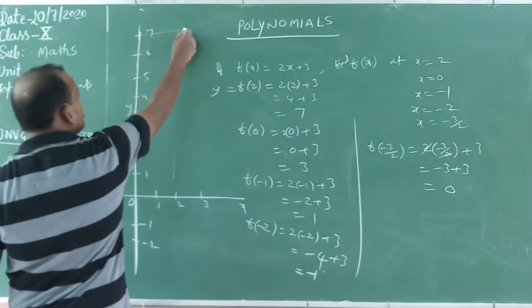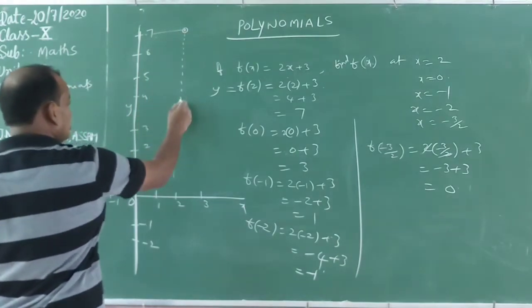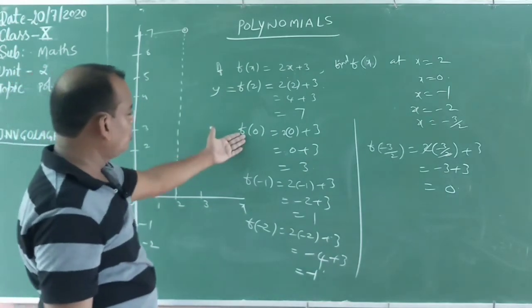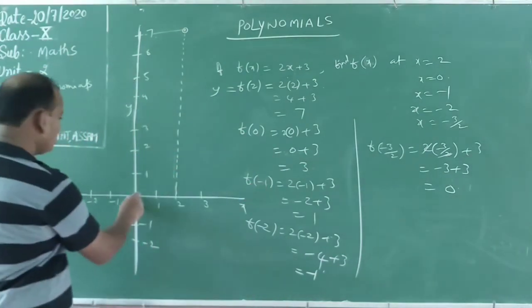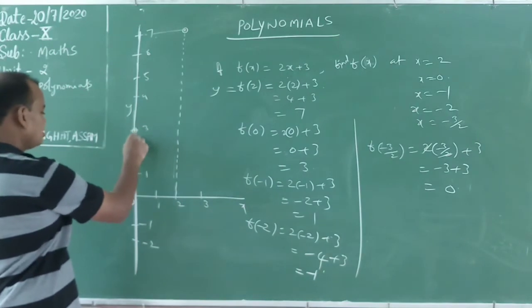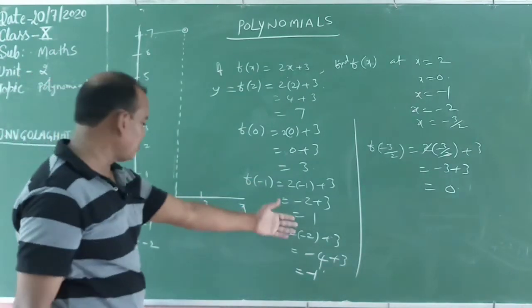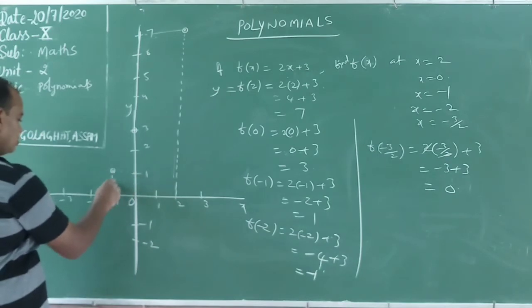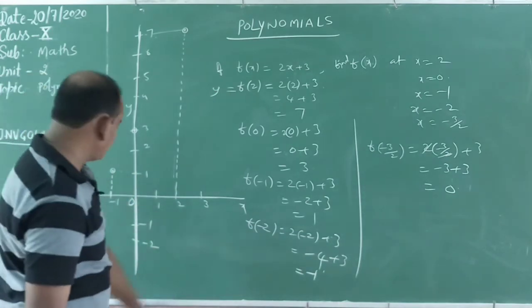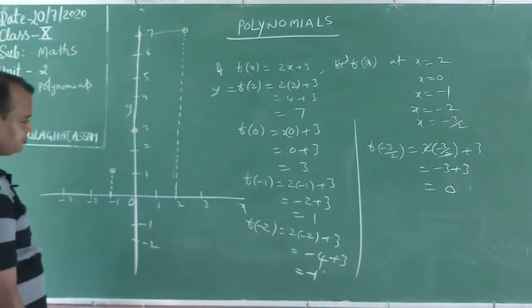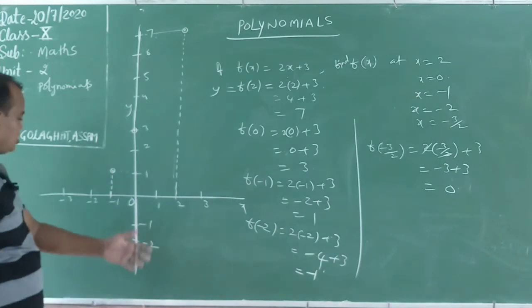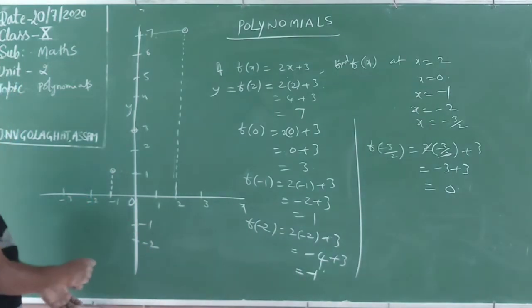Otherwise, for suppose you have a doubt, clearly we will write it in this way. Okay. Next, x value 0, y value 3. In this way, this is. Next, x value minus 1, y value 1. This one. Next, x value minus 2, y value minus 1. Okay, minus 2 again here. Minus 1 here. Next, we have to observe that.